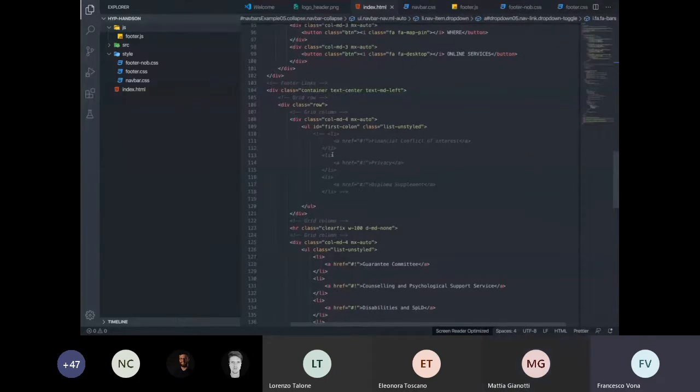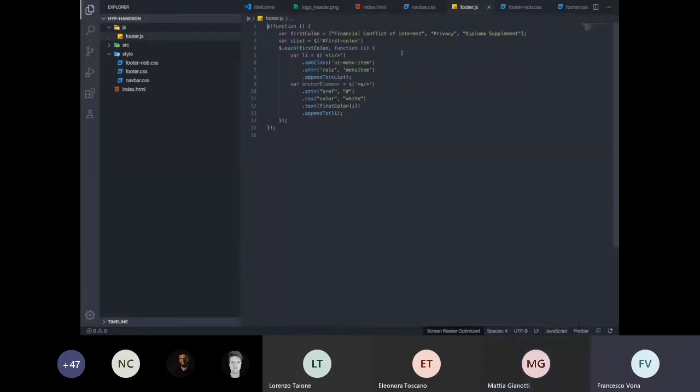As you can see inside the HTML, the first column is commented out, because I didn't want to display it in a static way. I didn't want to hard code every single text inside the HTML page, but this time I wanted to use JavaScript and jQuery, of course, to create every list element inside the